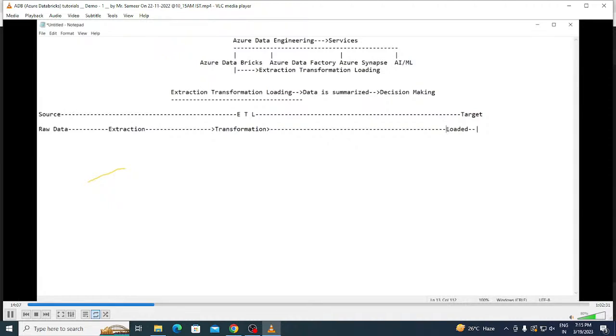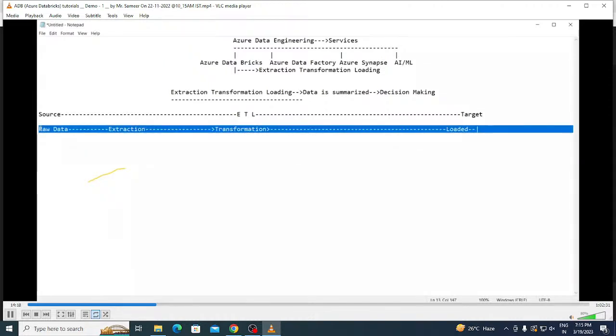That's it. The process of loading is nothing but the cooking, and that's nothing but eating the same. So hence, this is the process: extraction, transformation, and loading. That's it, guys. Nothing else. There is no technicality, nothing you need to worry about in how things will move on. Simply extraction, transformation, and loading is the process.